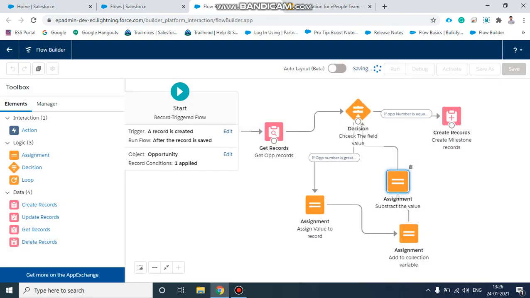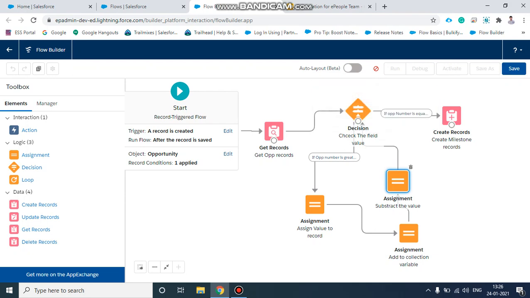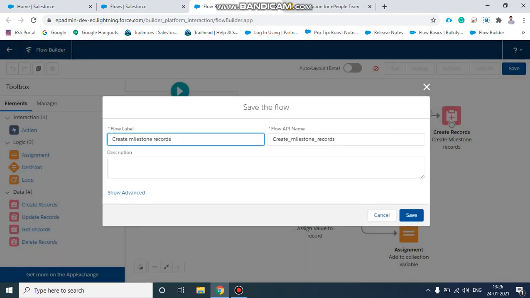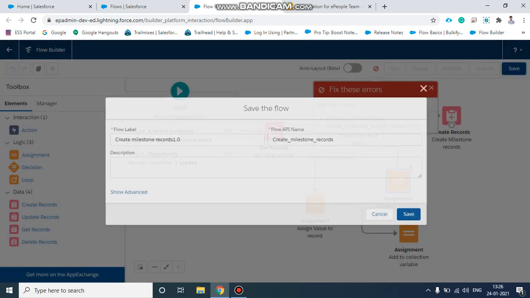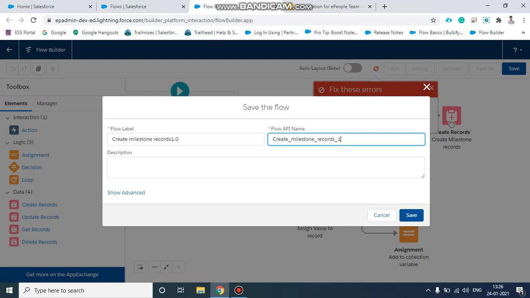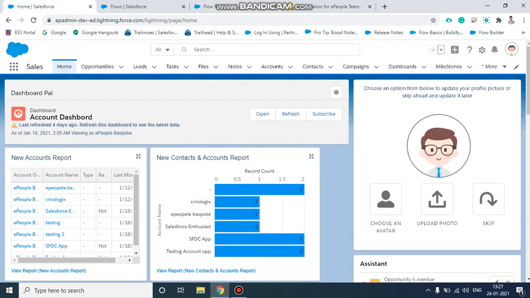Okay, we will save that. Okay, we will activate and we will try that thing.